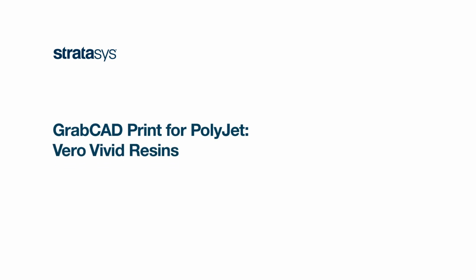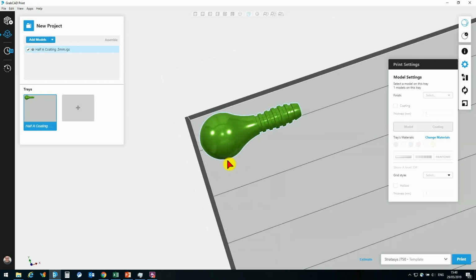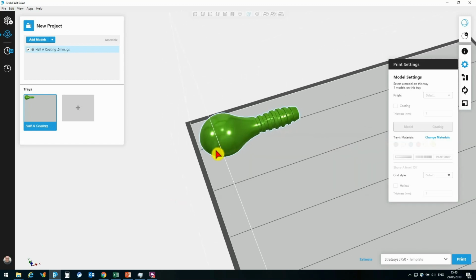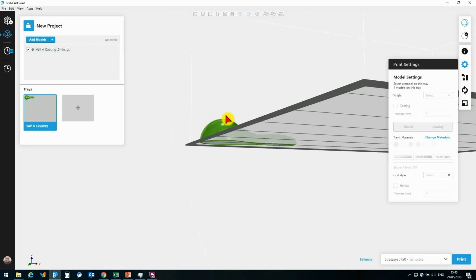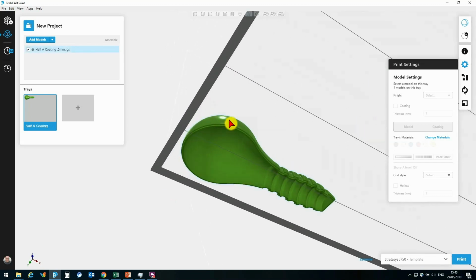Okay, we're going to take a look today at some advanced color designations and how to get desired results from your prints. So here we have half of a baby rattle. This is a part that's supposed to be injection molded. You can see here we've got our